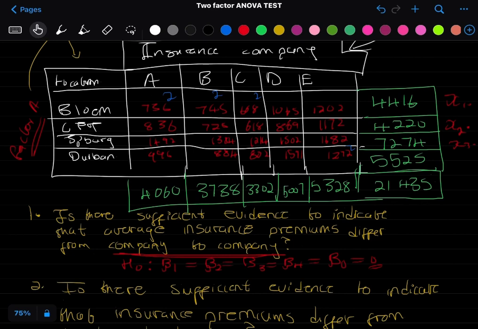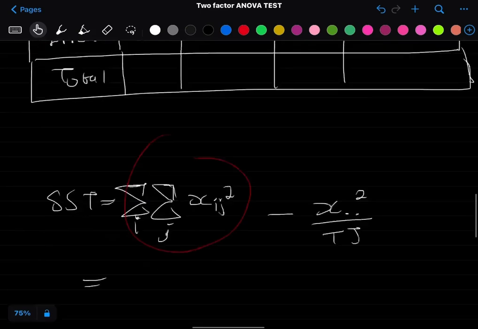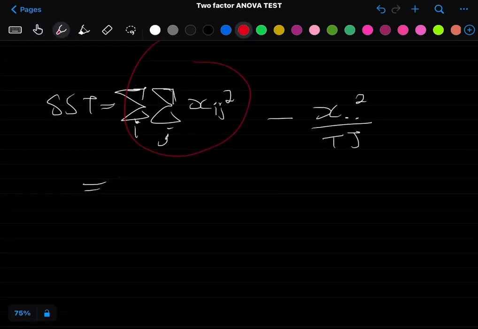plus 996 squared plus 884 squared plus 802 squared plus 1571 squared plus 1272 squared. And the answer is 25,060,309